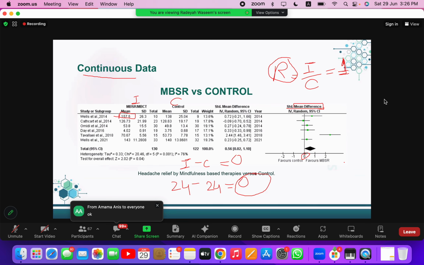So is this point clear? The line of no association, why is it 0? Mean is a statistical term, right? Mean simply means average. I told you guys that continuous data is reported in the form of mean, standard deviation, and total. The raw data for continuous outcome will have the mean, the standard deviation, and the total number of participants for the intervention group, and the control group will also have the mean, the standard deviation, and the total. That will be the raw data that you extract.